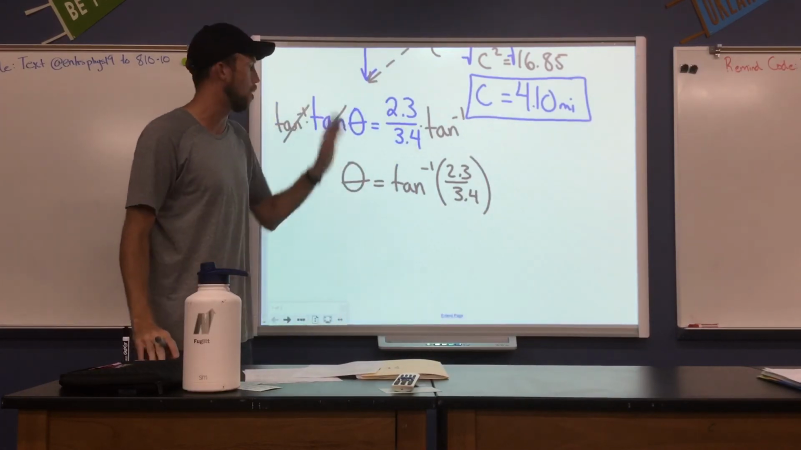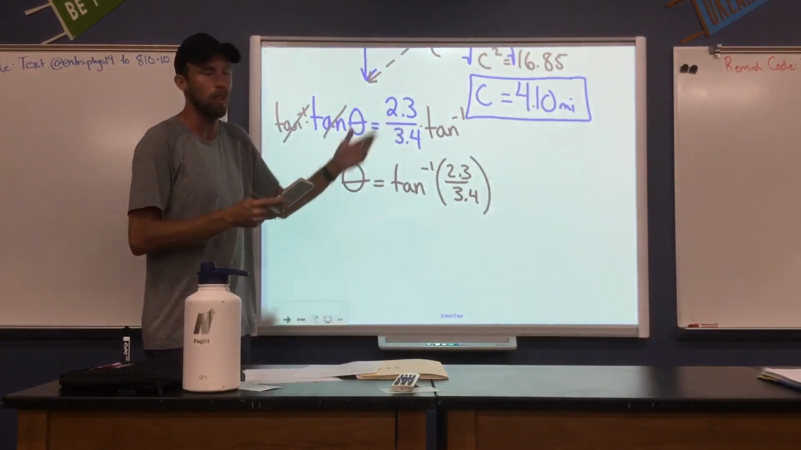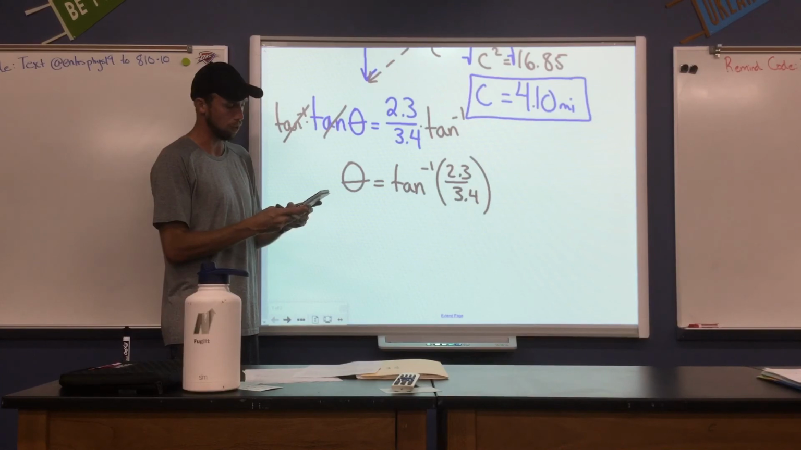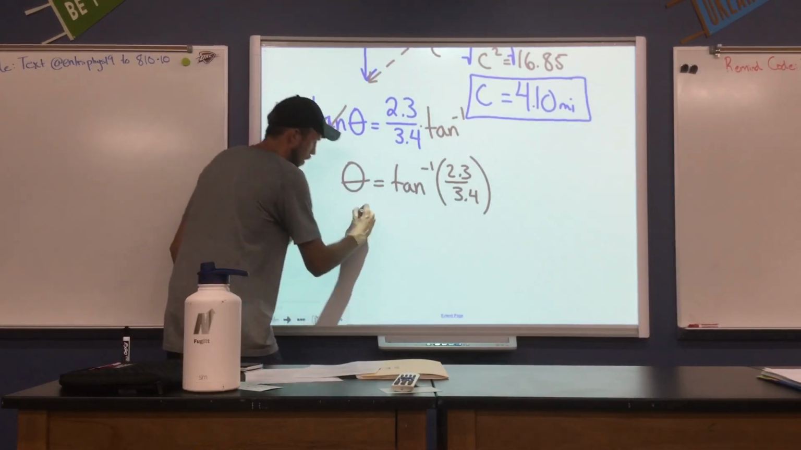When we plug this in, we want to make sure we're in degree mode, otherwise we'll get an answer in radians, which we don't want for this problem. So we'll go second tangent, 2.3 divided by 3.4. We'll get about 34.1 degrees. So our angle theta